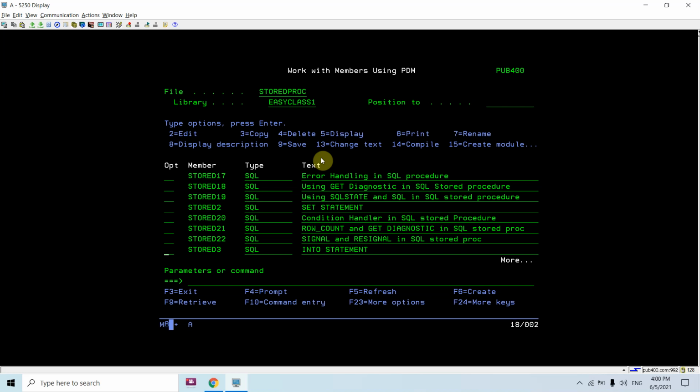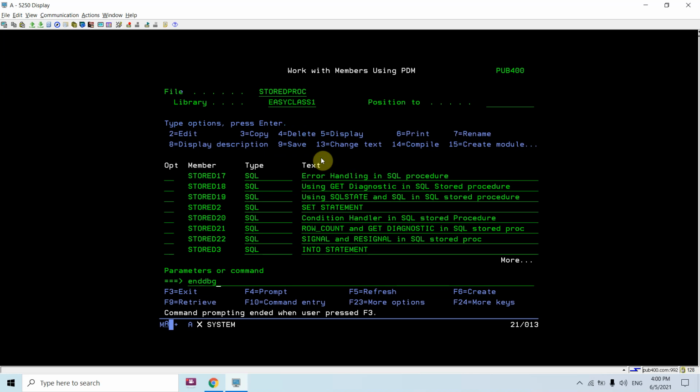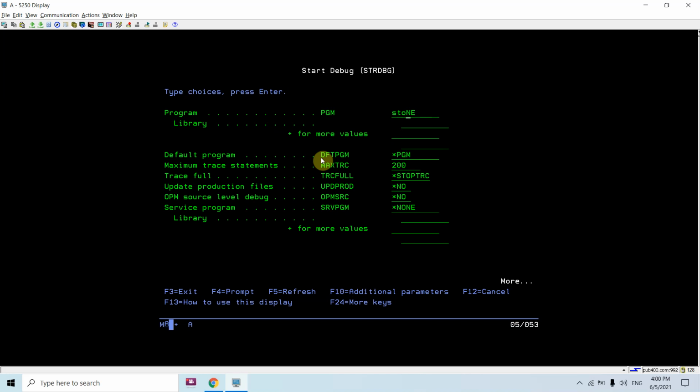Now since we created this with the debug view, now we can debug this. Just do strdbg stored 22.